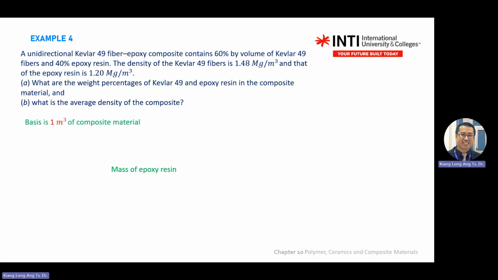So it goes like this. For chapter 10, composite material, you need to assume something, like in the weight percentage chapter where you assume you have 100 grams of something, then you solve the question. Here also the same. Why do we use 1 meter cube? Because the question gives you the density in megagram over meter cube. So in one meter cube of composite material,